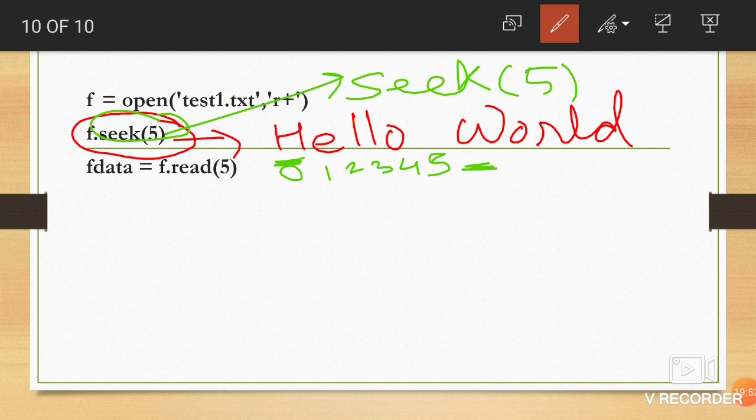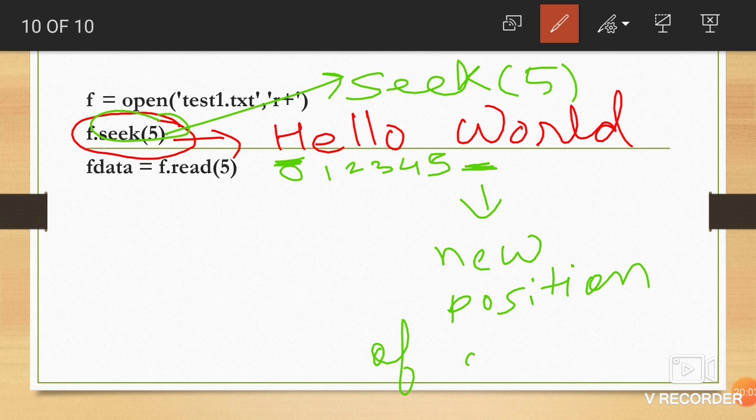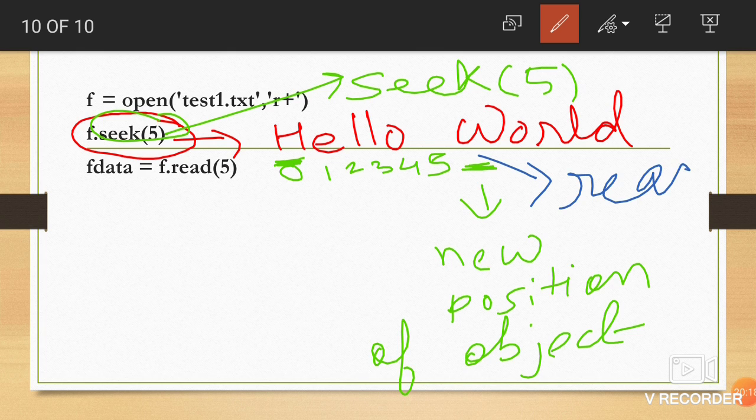This is the new position of the file object, so it will start reading from this position.